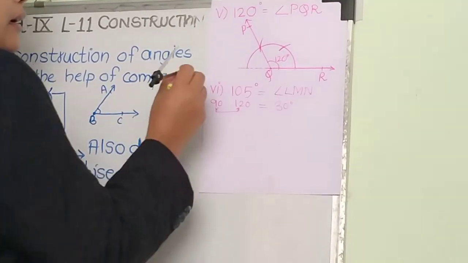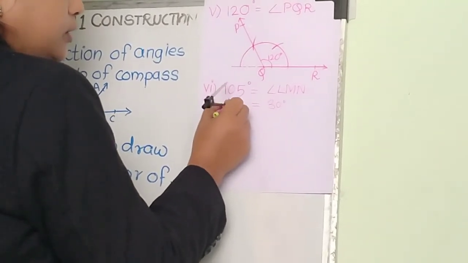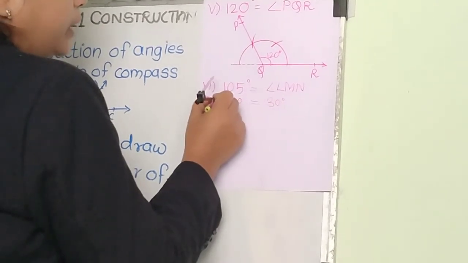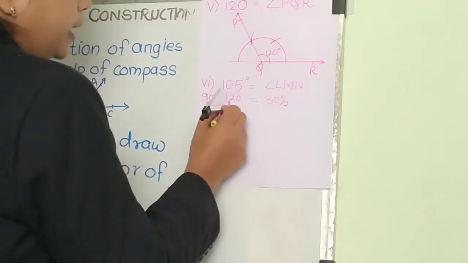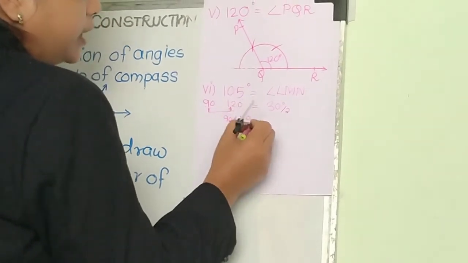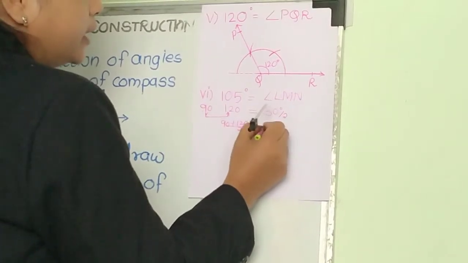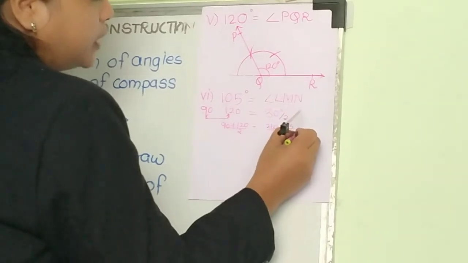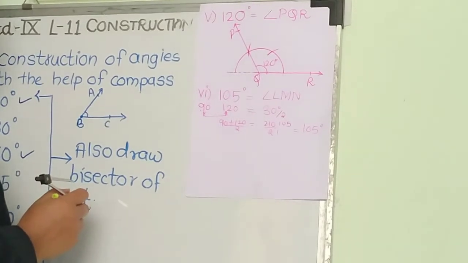So we can say that if we draw the angle of 120 degrees and 90 degrees and take half of their sum, see what we will get. 90 degrees plus 120 degrees, and half means divided by 2. So what do we get? 120 plus 90 is 210 upon 2. So 2 ones are 2, 2 0s are 0, 2 5s are 10. So we get the required angle. It is 105.